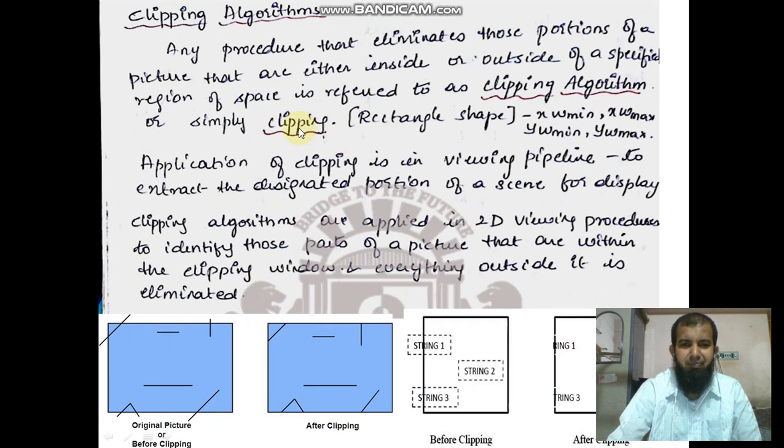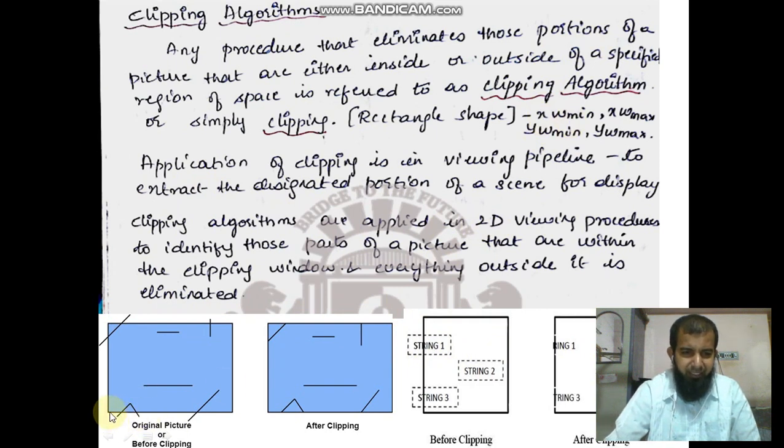So that is called clipping. This is the rectangular shape, this is the window. Within that window, if the object is inside, it displays as it is. If the object is outside this window, that part gets eliminated. Clear, no?